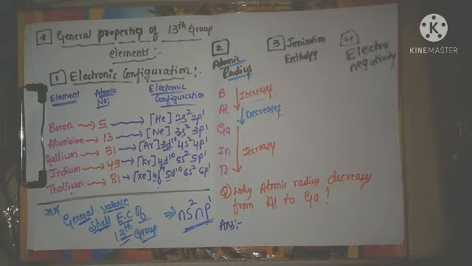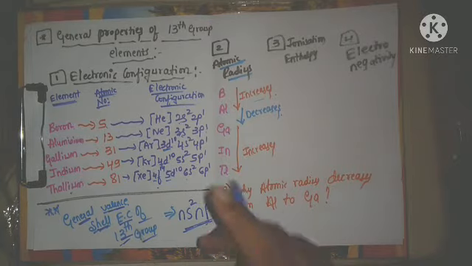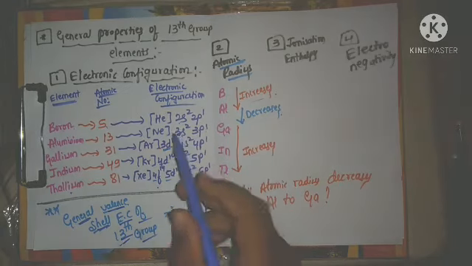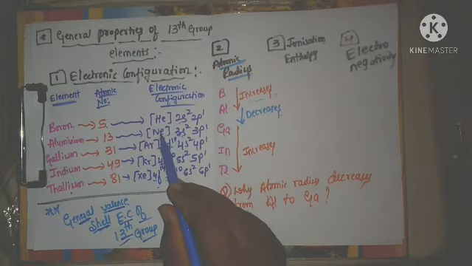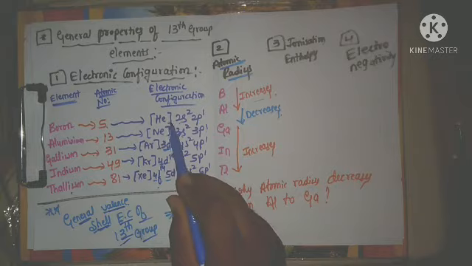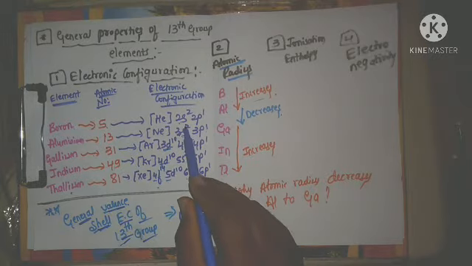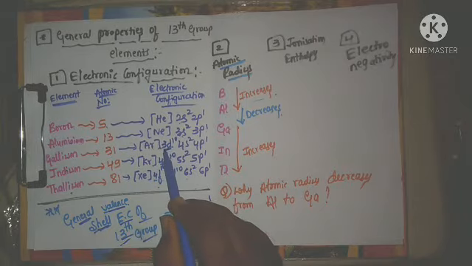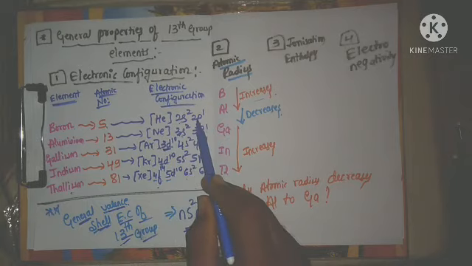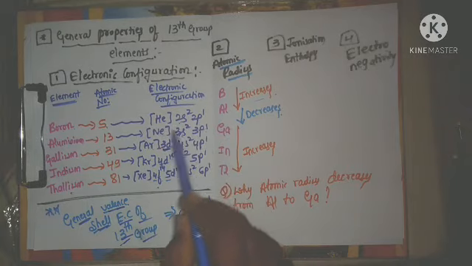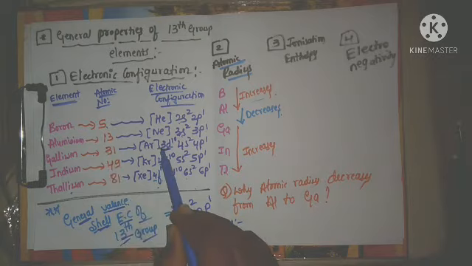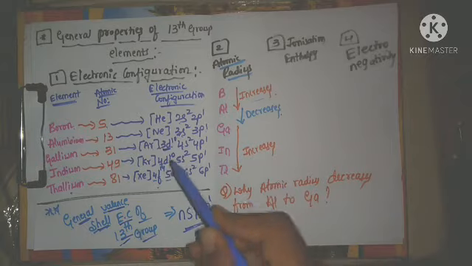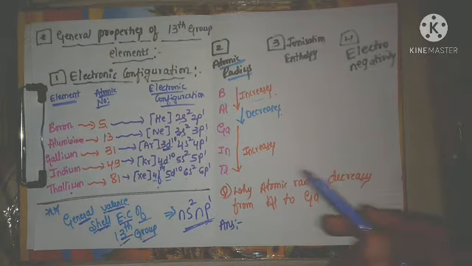First we will think. If you check the electronic configuration, the answer is here only. Boron to aluminum, almost the same electronic configuration. Whereas from aluminum to gallium, which electrons are coming? D electrons. New electrons are coming. In boron only sp is there. In aluminum only sp is there. From aluminum to gallium, 3d orbitals are included. D orbitals are extra.